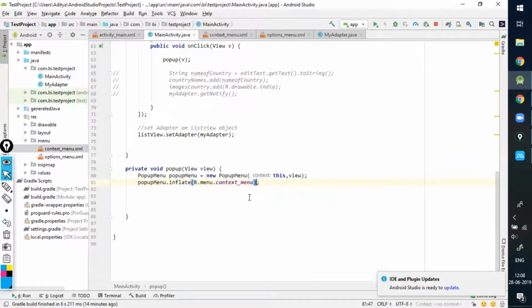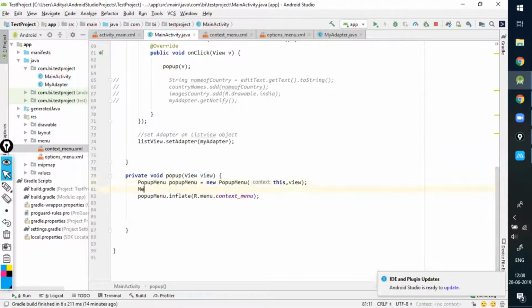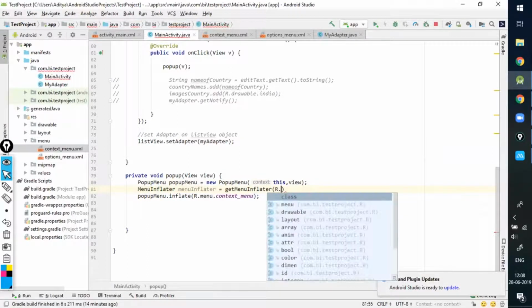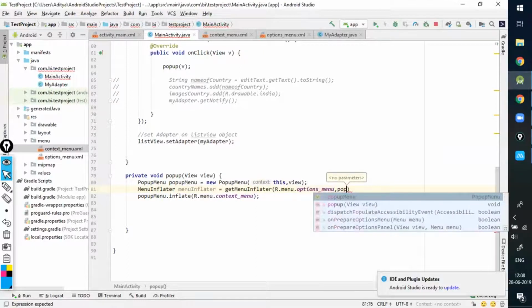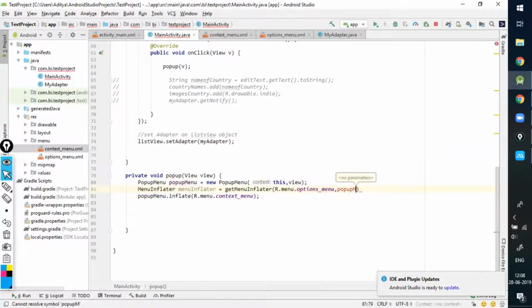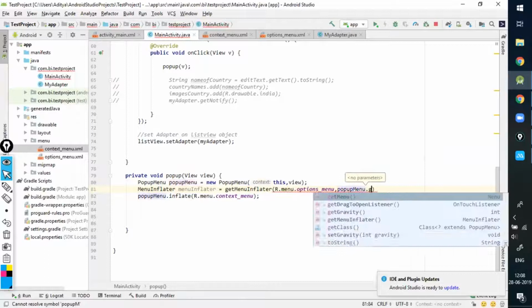So guys, rather than working that way, although I'm very sure about it, there is something like using the MenuInflater also you can work the same way. MenuInflater equals getMenuInflater, and you have to pass two arguments. The first one is R.menu.options_menu, and the second one is popupMenu.getMenu.